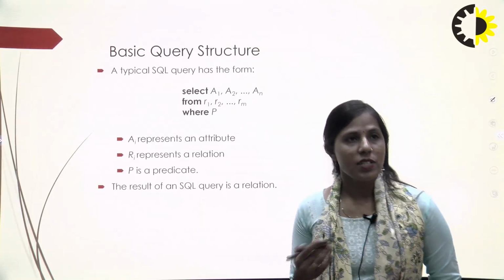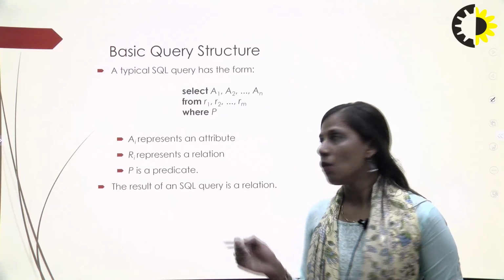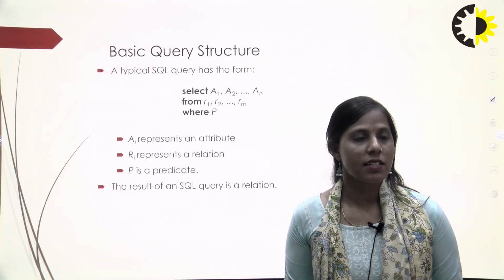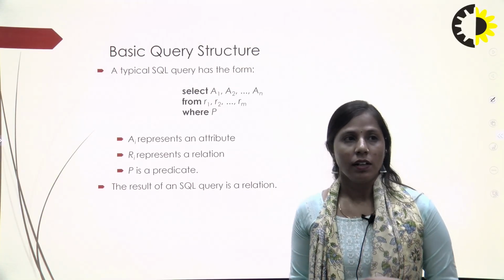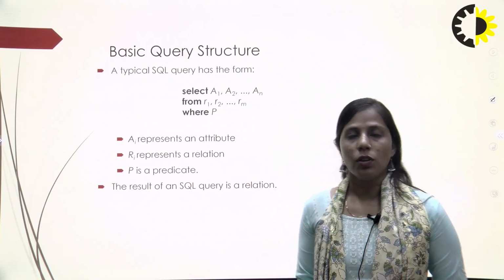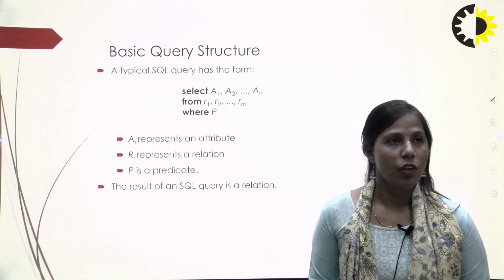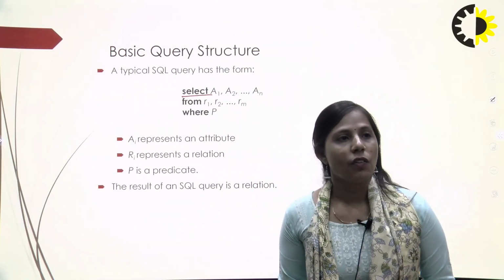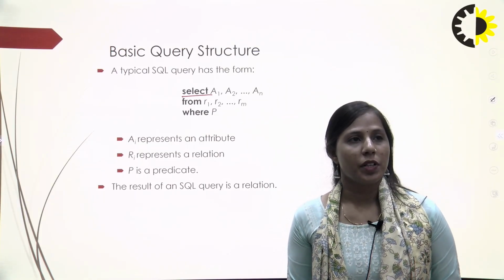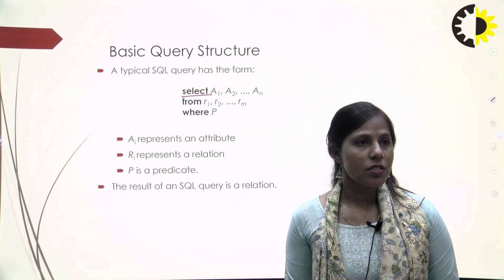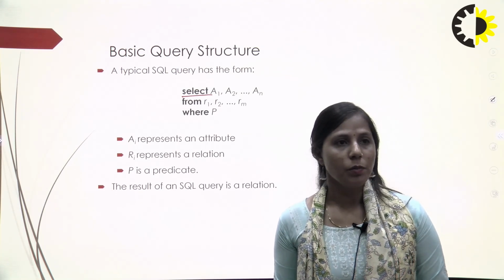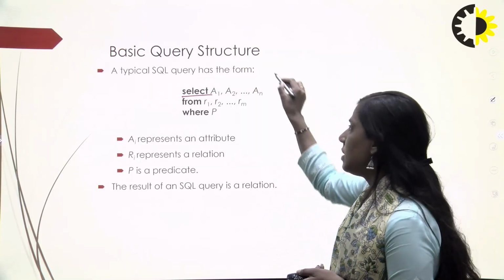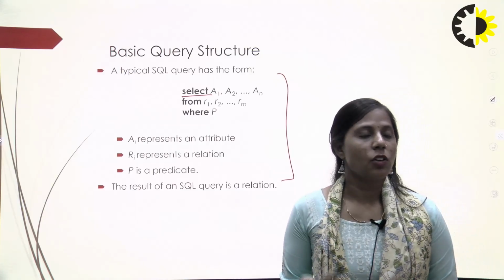Now there are the various basic query structures. Whatever things we have done, insertion and deletion, we can see as a representation, and we can take a result as an output. So for the output purpose, the command we are going to use is select. Whenever we require a particular result, we can use a particular predicate or give a condition, then the output can become a relation as a query. So this is the first basic query that we can use for the result or output part.